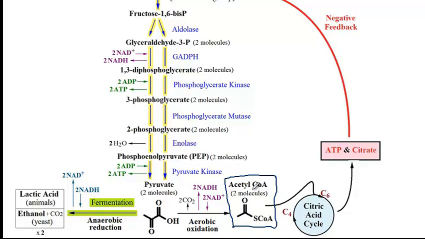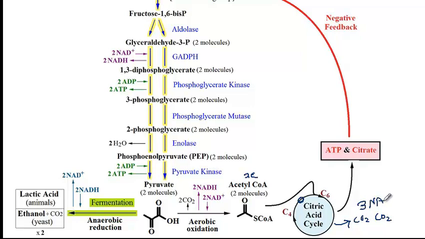So how many carbons is the acetyl coenzyme A? Remember, pyruvate was a 3-carbon molecule, but we have lost the CO2 here. So this acetyl coenzyme A is a 2-carbon molecule. It will enter the citric acid cycle, where the starting molecule is oxaloacetate, which is a 4-carbon molecule. But once it combines with a 2-carbon molecule, it yields citrate, which is a 6-carbon molecule. And throughout this whole reaction, 2 CO2 molecules will be released,